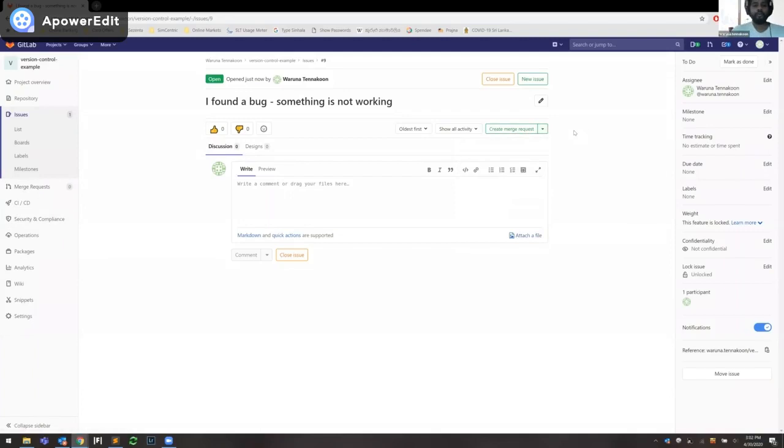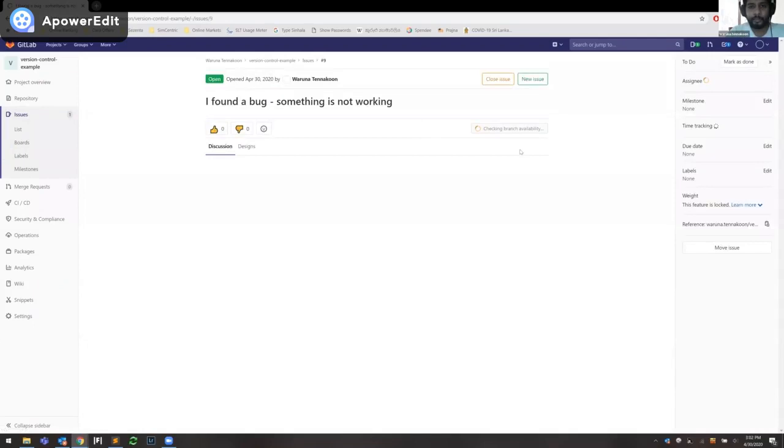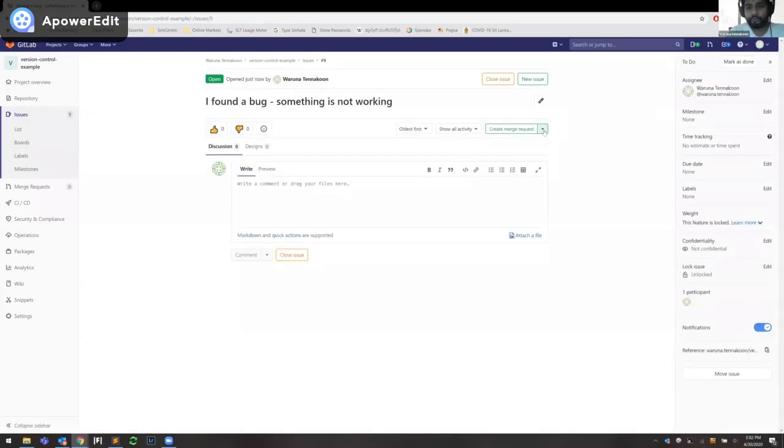Okay. So once you create an issue, all the issues will be listed in this issue list, and you can go inside this ticket, and there is this option for you to create a branch. So branch name, and if you remember the branching workflow animation I displayed, from the develop branch the other branches are being created.